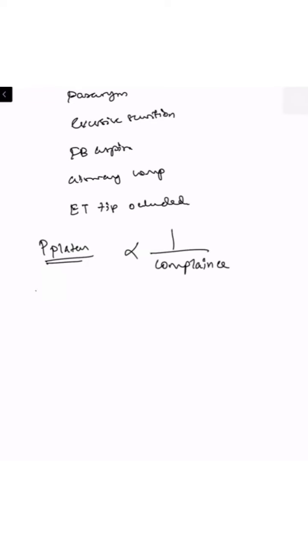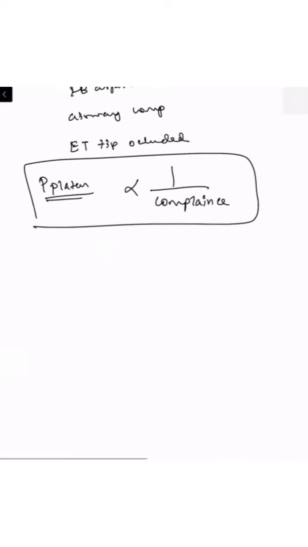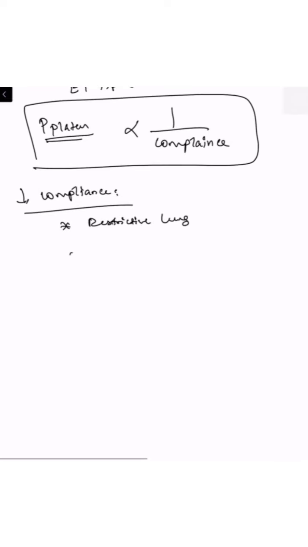That means whenever the lung compliance is good, we will have a low amount of P plateau. When the patient's lung compliance is diminished, you will automatically land up with an excessive P plateau. Whenever you hit reduced lung compliance, I have already discussed the restrictive lung diseases where you will have decreased lung compliance, and whenever there is increased delta pressure, you will automatically have decreased lung compliance.